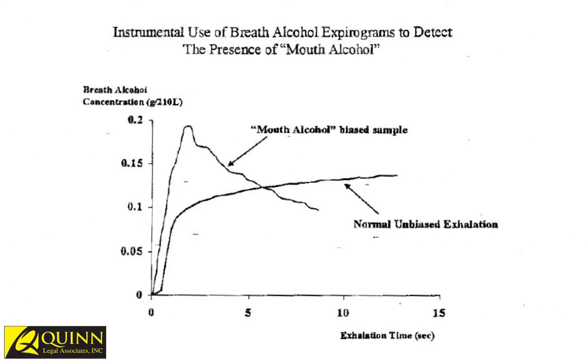And here you see that flat slope that I'm talking about. That's what a good breath test typically looks like. And when you see mouth alcohol, you see it go up and dip. Sometimes you see it dip and go back up, but the machine should flag it as soon as the dip is significant enough in the first place.